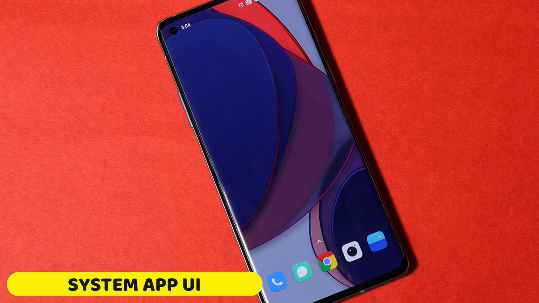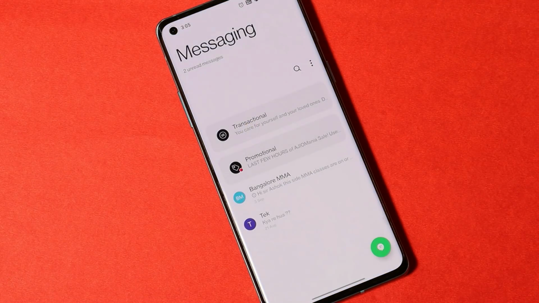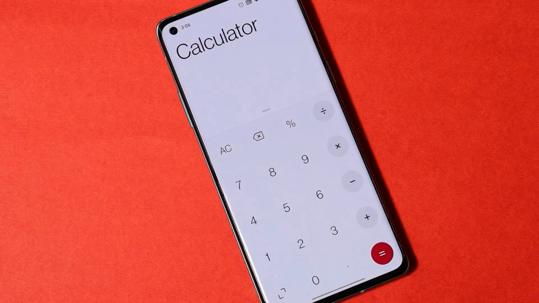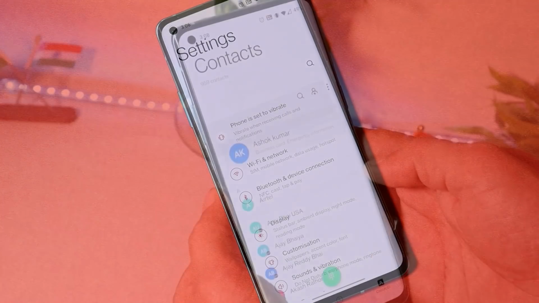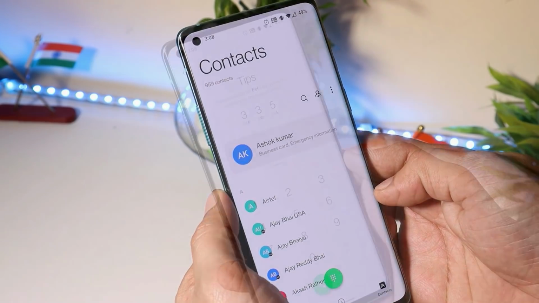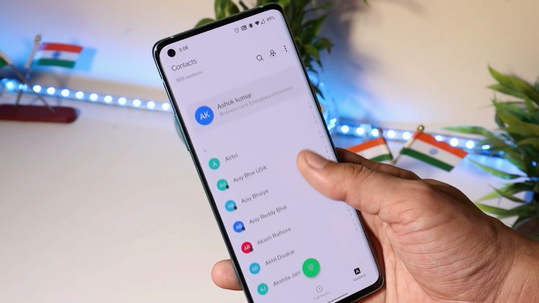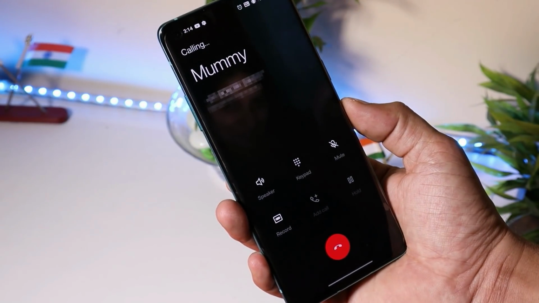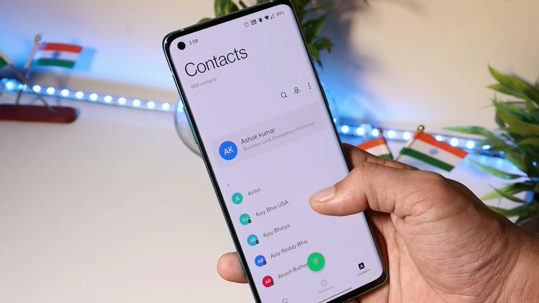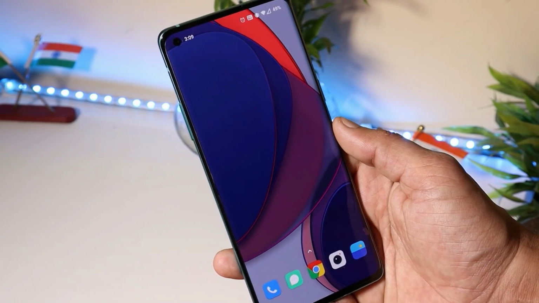There are some big UI changes done with a few of its system apps like phone dialer, SMS application, gallery, calculator and the settings panel. On Oxygen OS 11, OnePlus have focused more on using the device with one hand, where you can easily access the entire dialer pad and your contacts with one hand. Calling UI has also been given a completely new look. And most people say that it's a copy of Samsung UI. I won't consider it a copy, but again, it's a good move.